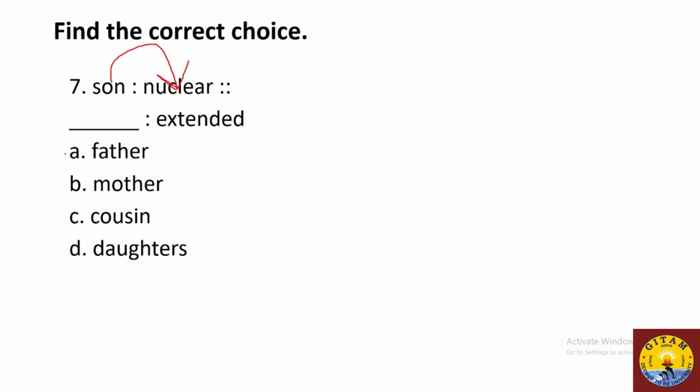Now, father also belongs to a nuclear family. Mother, see, a nuclear family basically has mom, dad, kids. That's it. So mom, dad, and kids belong to a nuclear family. But we need something that fits into an extended family here. Cousins can fit into an extended family, right? So if I, my wife, and my kids are in a house, this can be a nuclear family. Typically it has mom, dad, and kids. But when it has cousins, it can be an extended family, right? Therefore the answer is cousins.